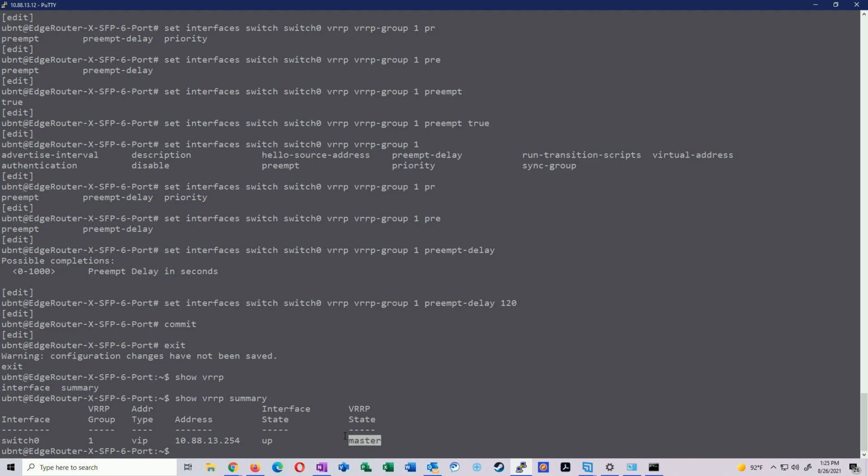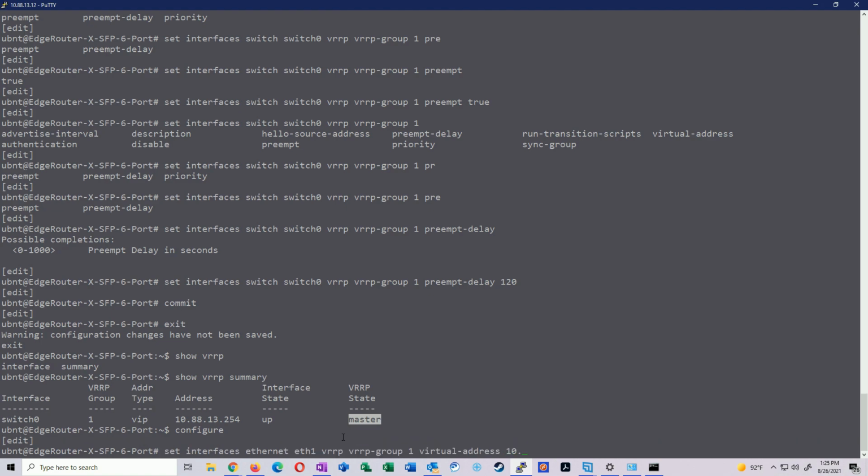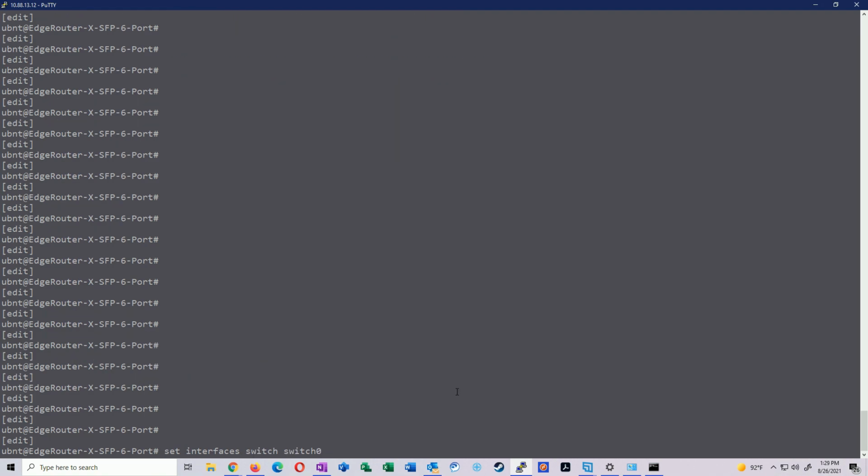And I actually just realized that I am using 13.254, so I can't really use that address. We're going to make a slight change here. We're going to change that to 13.252 instead of 254. Alright, and I'm kind of an idiot. I was trying to change the VRRP address on Ethernet 1, which we did not configure. We put it on switch 0, so switch 0, VRRP group 1, virtual address